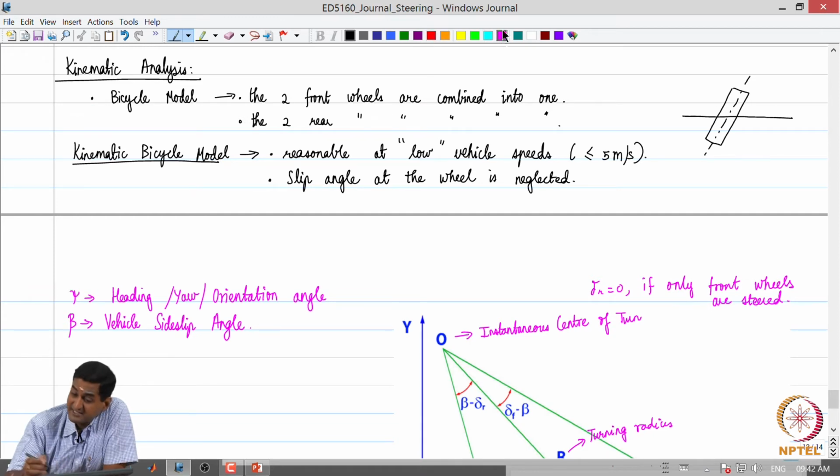So, I am once again exaggerating. Let us say this is the angle by which you steer the wheel. The velocity vector at this wheel center will not be along the wheel plane, okay. It will be at an angle to the wheel plane, okay. This angle which it makes with the central wheel plane is what is called a slip